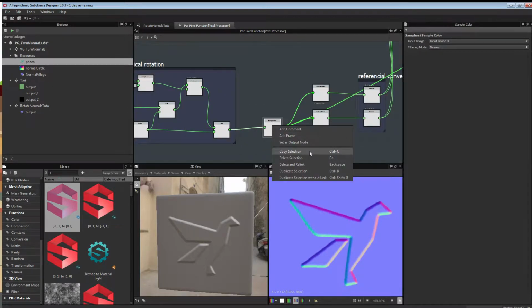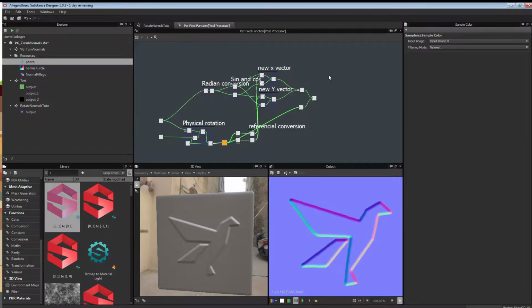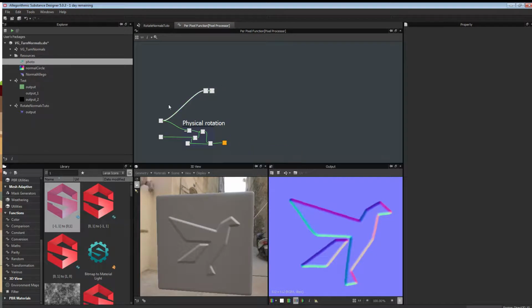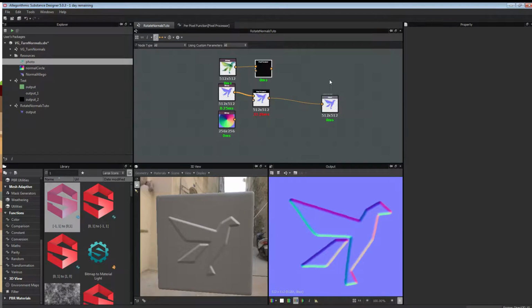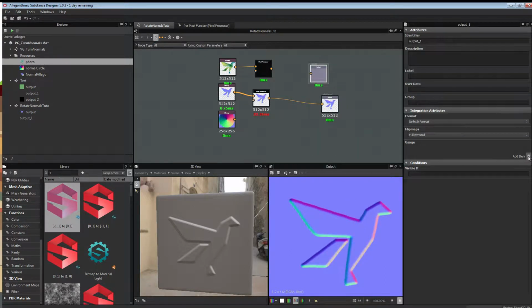If I'm not a clean guy, I will do it this way. Basically you don't need all of this, you just need the physical rotation. So right now, if I do a diffuse output like that, and I plug that,